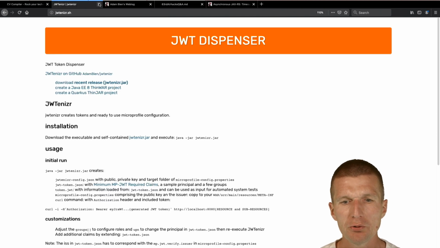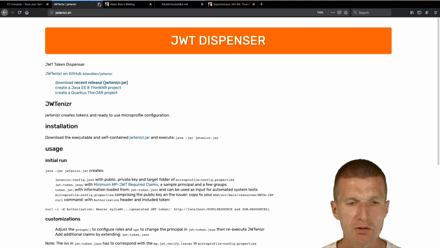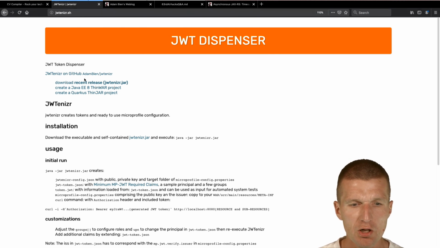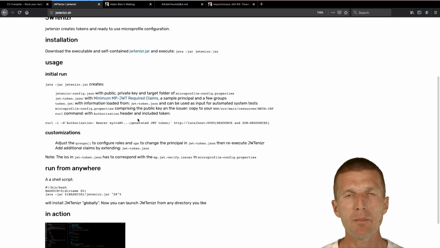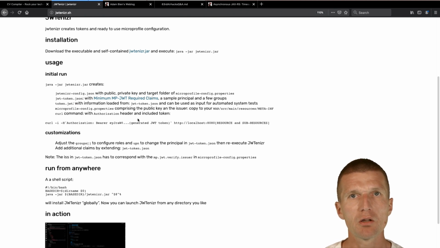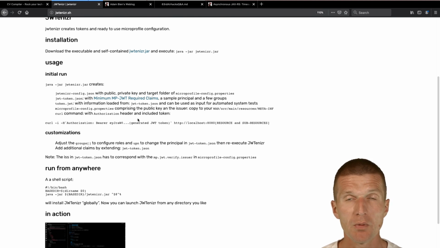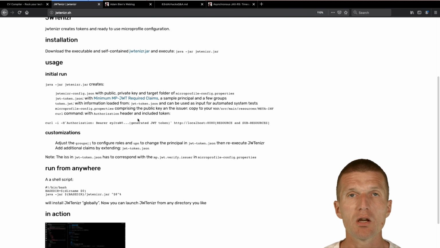What's also new is a new tool I've written. It's called Jotanizer, Jotanizer SH. It is just a command line tool which generates JSON Web Tokens with ready-to-use MicroProfile configuration and public and private key. You can create tokens with predefined groups, which become roles, and UPN, which becomes the principal. And you can use that to set the security, so authentication and authorization with MicroProfile